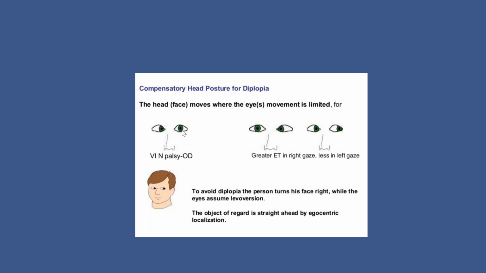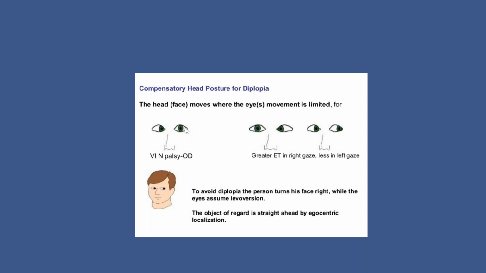Now the other eye is normal, and that can move either nasally or temporally. But the problem with the right eye is that it cannot go temporally. So this abnormal eye will not have a foveal fixation, but the other eye will have a foveal fixation. Now that will lead to diplopia. It's going to be very uncomfortable for the patient. So what they'll do is